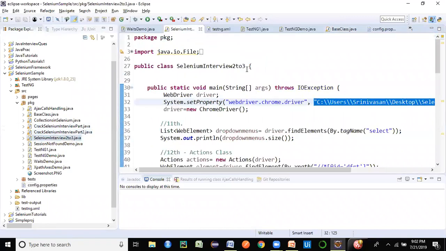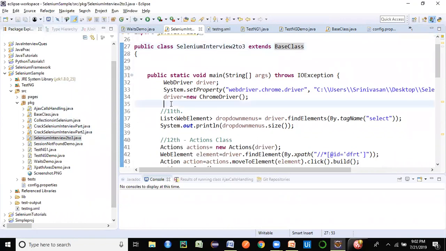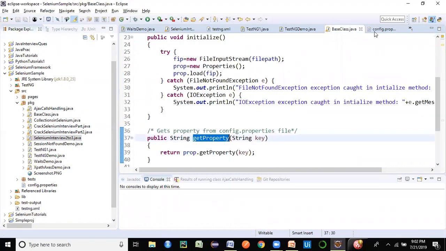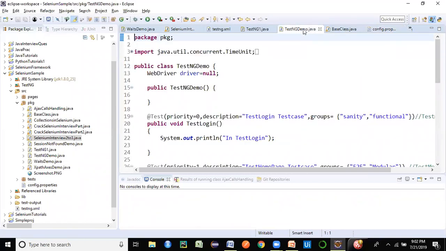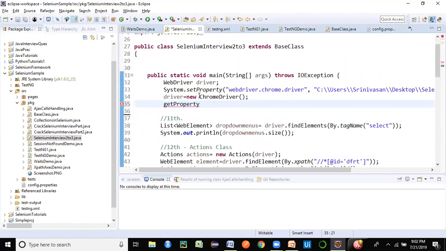So here in the Selenium interview, we can simply say extends base class. That's it. So it's going to automatically include whatever we want as a part of the base class. If you look at this main method, whatever method I want to invoke here, let's say get property, the name of the method is get property. Since it is inheriting it, I can simply say get property, mention the property name, and store it in